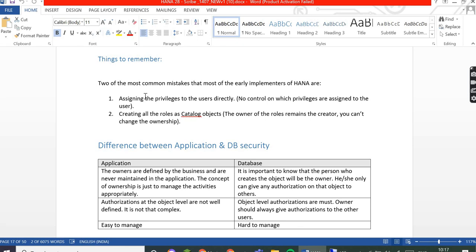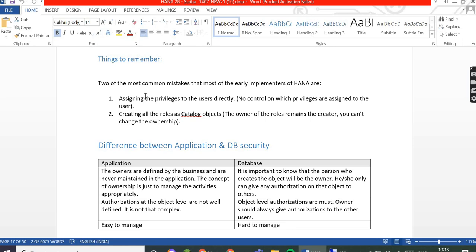Suppose you have one common role, the developer role, and tomorrow if you want to remove developer access, it is easy to just go to that role and remove the developer role. But if you assign the developer privileges individually, then you have to search and identify which privilege is responsible for providing developer access. For only one user maybe it's okay, but assume you have 100 users, and from those 100 users you have to identify which role or privilege must be removed from each user.